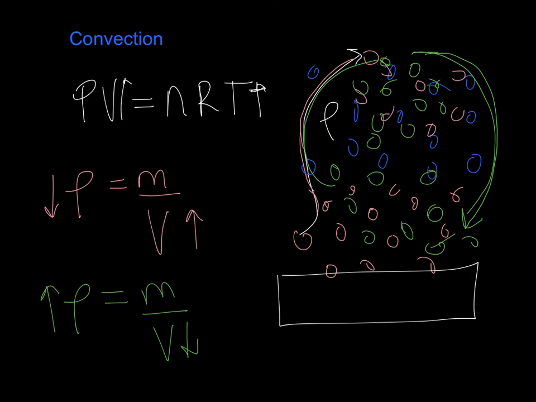Convection currents are found in so many different areas, in the body, in storms, in convection ovens, for example. They have a fan that helps speed this process up, and so it can cook the food quickly, and a lot of people would say sort of more evenly as well. So that's basically heat transfer by convection. So it's happening primarily in a fluid, a liquid or a gas, because you have to have particles that can move and experience the ideal gas law proportion, if you will. A solid's not really going to do this unless it changes phase.